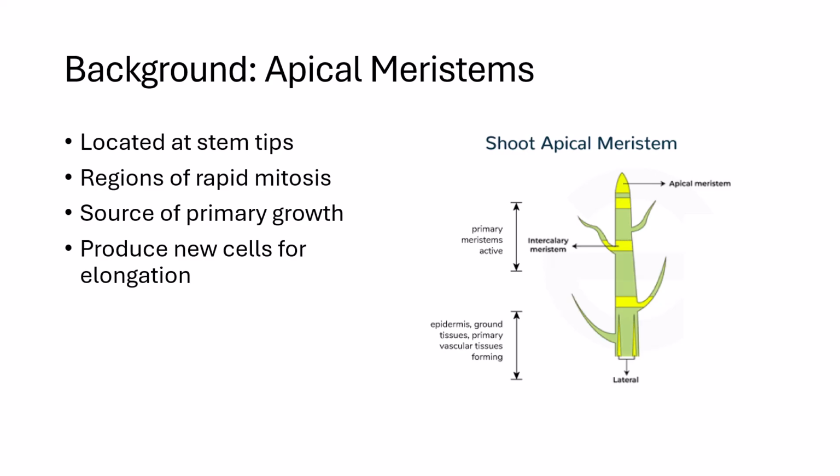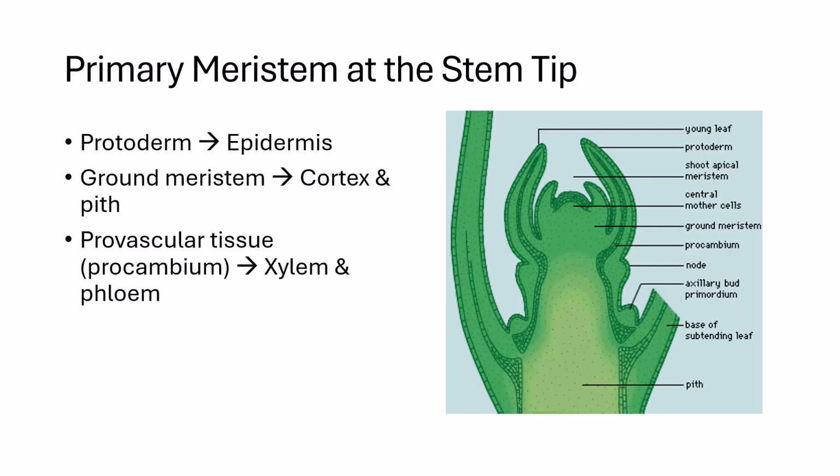Those cells undergo mitosis and provide the raw material for all primary tissues of the stem. This continuous division and differentiation pushes the stem upward, allowing the plant to reach sunlight and expand into new space for leaves and flowers. Just behind the apical meristem is the subapical meristem, where cells begin to differentiate into three